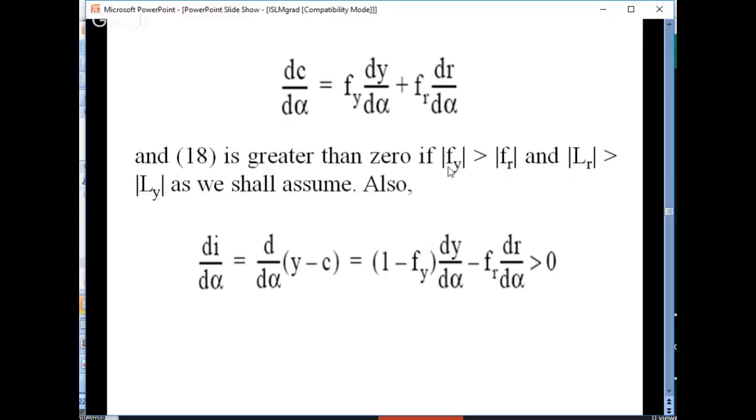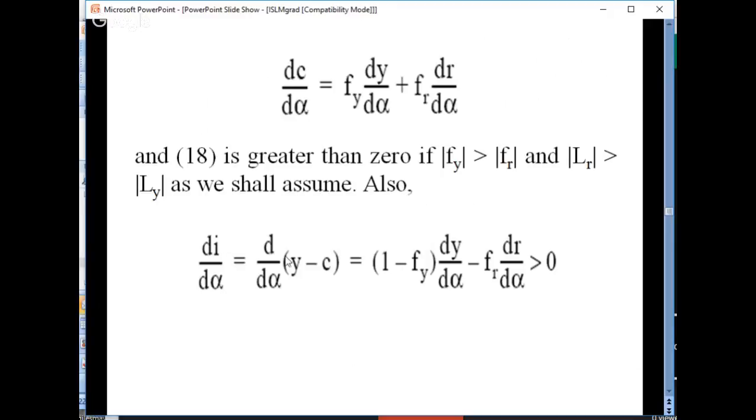In other words, if income has a greater effect on consumption than interest rates do, and if L of r is greater than L of y. In other words, interest rates have a greater effect on money demand than income does. So if those two things are true, which we're going to assume,